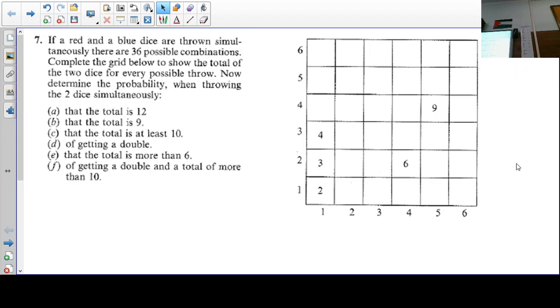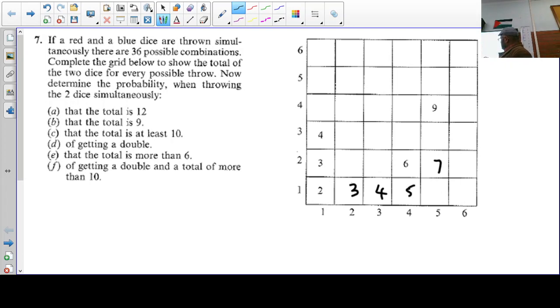Simultaneously, there are 36 combinations. Complete the grid to show the total of the two dice for every possible throw. Now determine the probability that we're throwing two dice simultaneously. So if you complete the table, what goes here? Okay, we get 1, 1, so this is 2. Yes, you go? 3. 3. Yes. Then 4, 5,